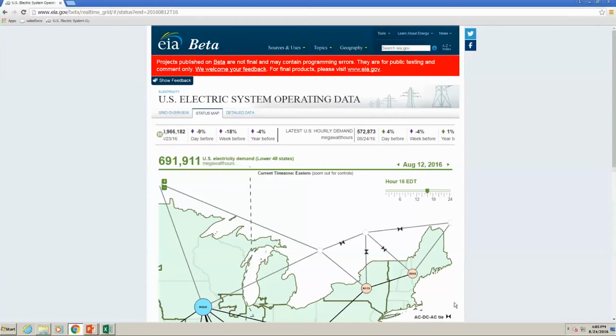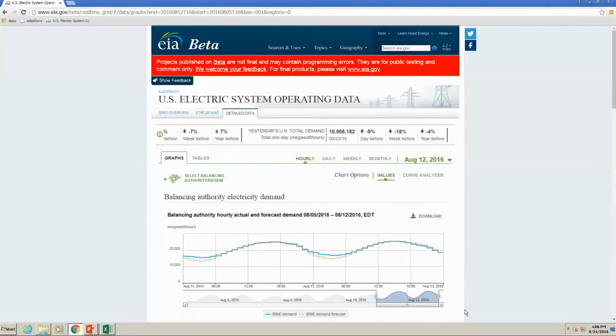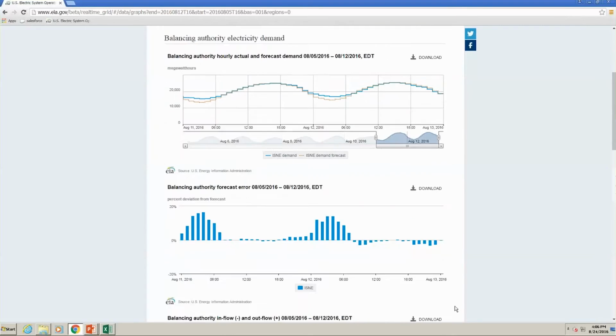And so just to look more closely at New England, we can see who New England is interconnected with. It's interconnected with 3 balancing authorities: the New York ISO, Hydro-Quebec, which is up here, and New Brunswick. So those are the 3 entities that we would expect to want to see how much power is coming in from each of those. So we can click back on this, go to the detailed data page, and scroll down